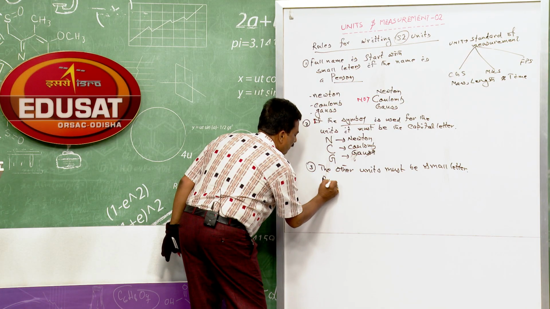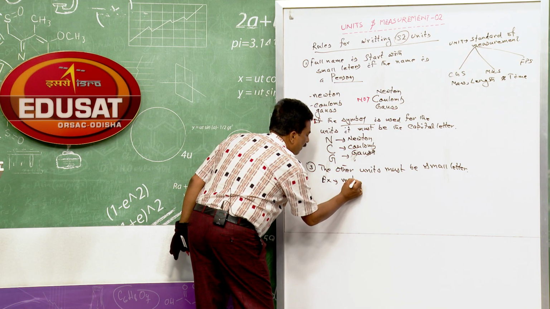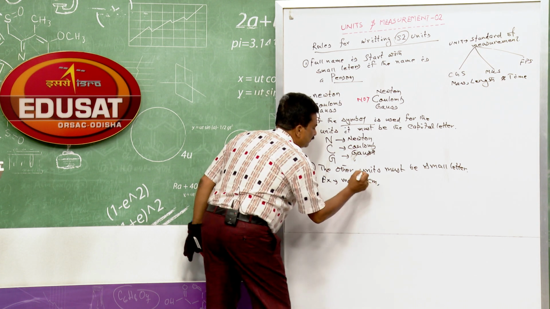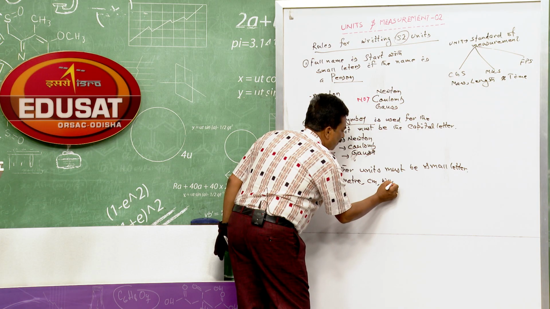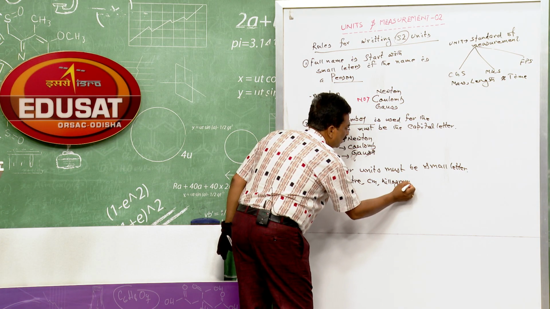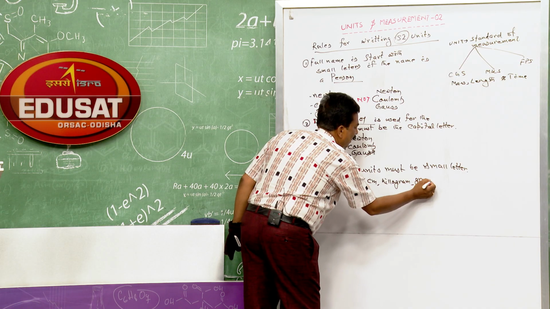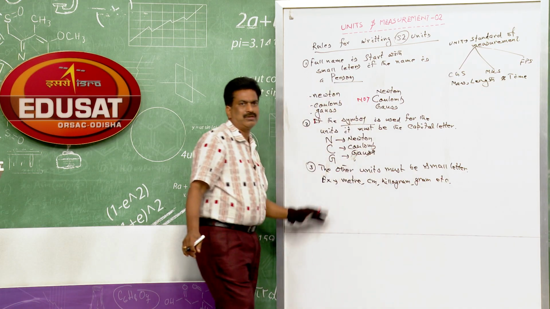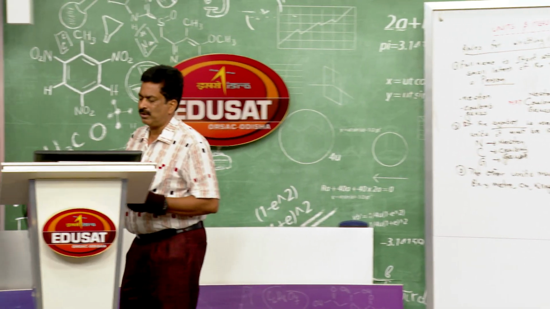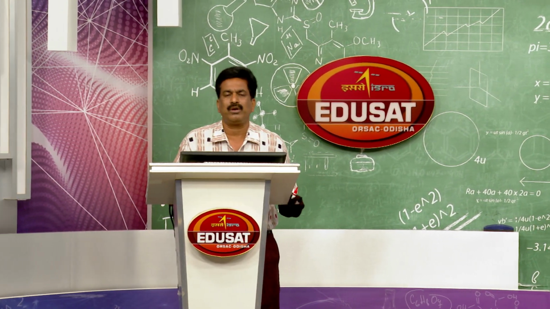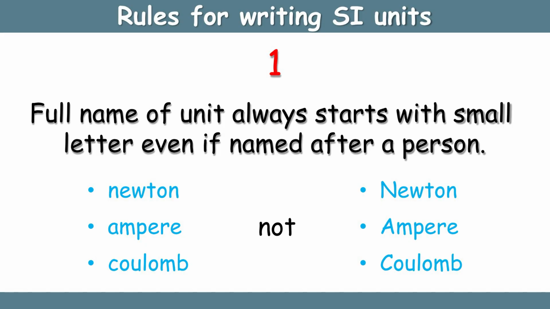For example, meter, centimeter. Suppose another one is kilogram. All are in small letters, and gram, etc. So, these are certain rules which we will follow for units. So, making a note on the screen. The first point is the full name of the unit always starts with small letters, even if